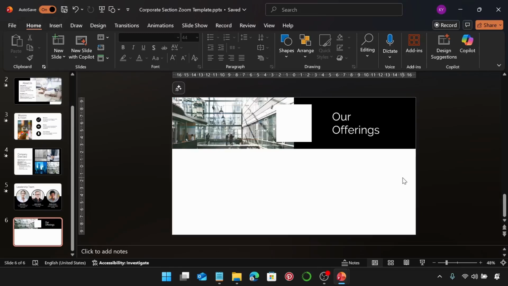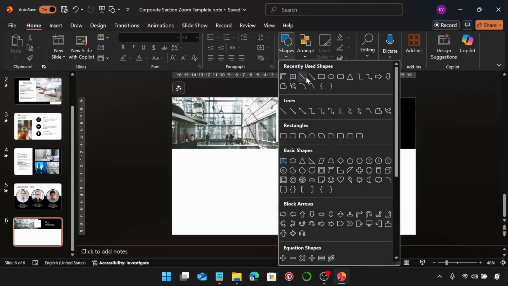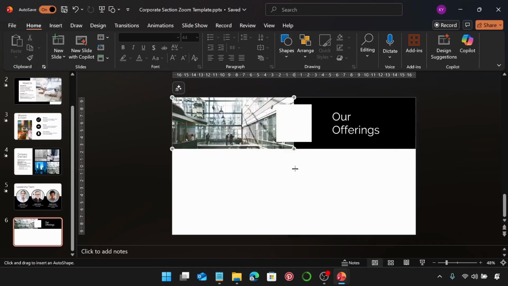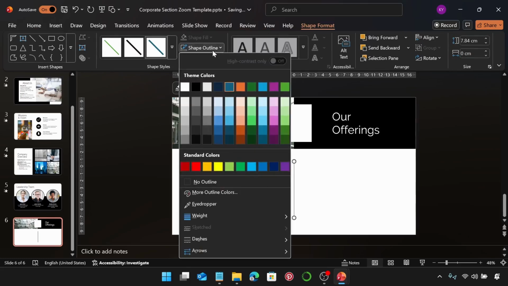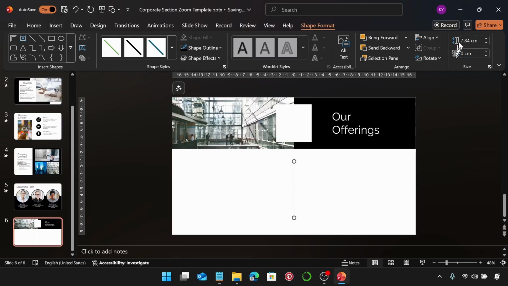now. Next up, go over to shapes and then we're going to insert a line. Hold shift down and then create a line, so this line will be perfectly straight. Under shape outline, change the color of the outline to black. As for the height, this is going to be 7.45,